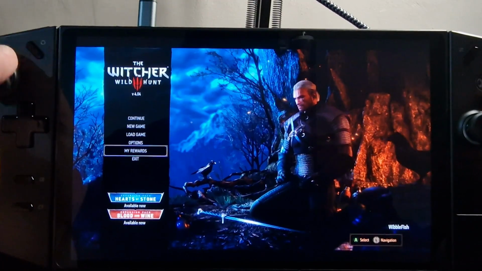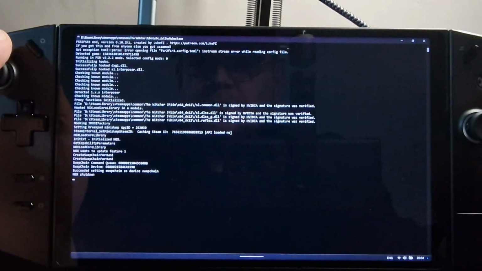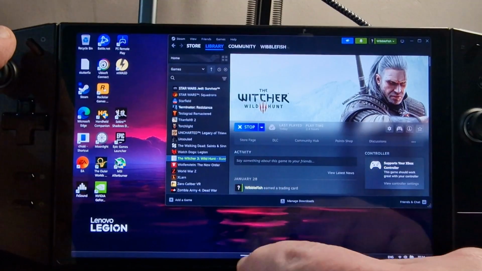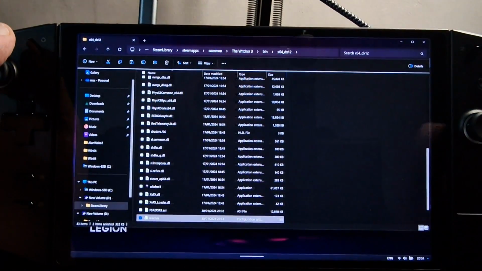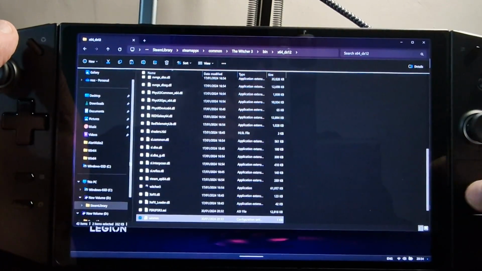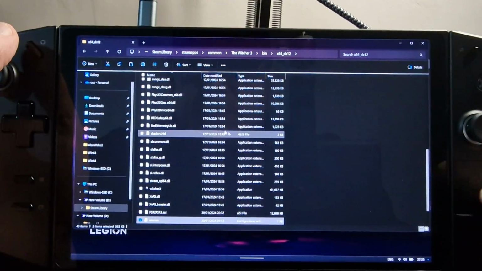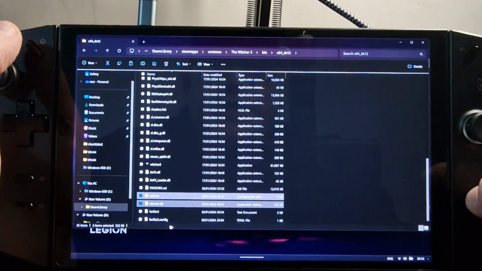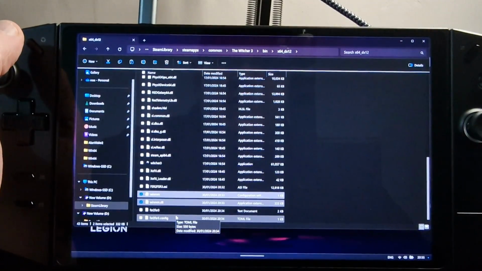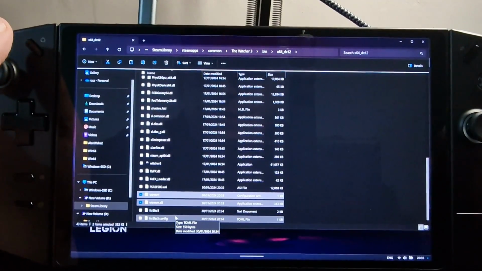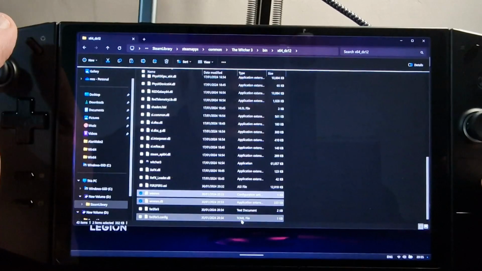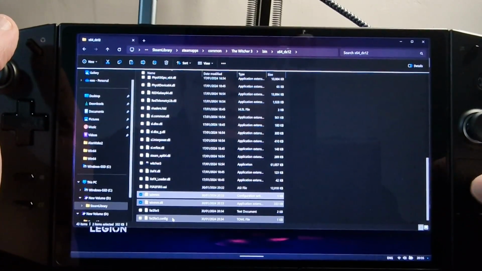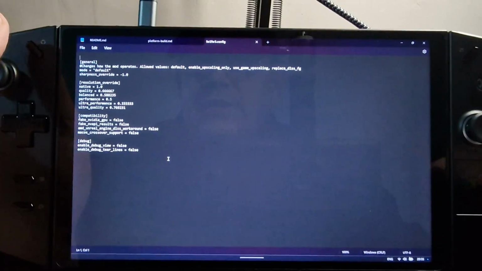Okay, I'm just going to come straight back out and then go back to the directory and see if we have a configuration file created. Here we are. So this is the file we're looking for. It's the FSR2 FSR3 config .toml, so it's a toml file. So I'm just going to double click on that,